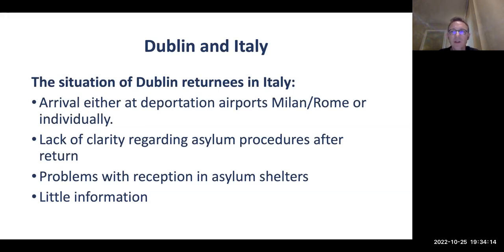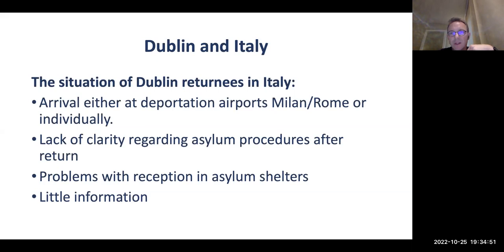German authorities reject your asylum application, saying it is inadmissible, and you have to go back to Italy because the fingerprints show that you went through Italy in the first place. You don't want to go, so you're not fulfilling your voluntary return to Italy. So they take you at some point to Italy on a forced flight. And what happens is that you arrive either at the airport of Milan or Rome,